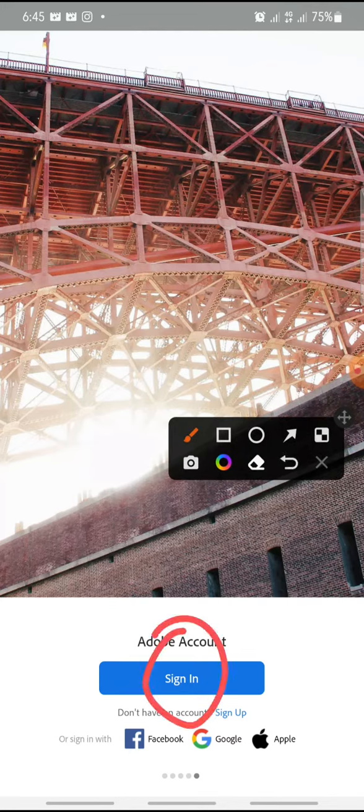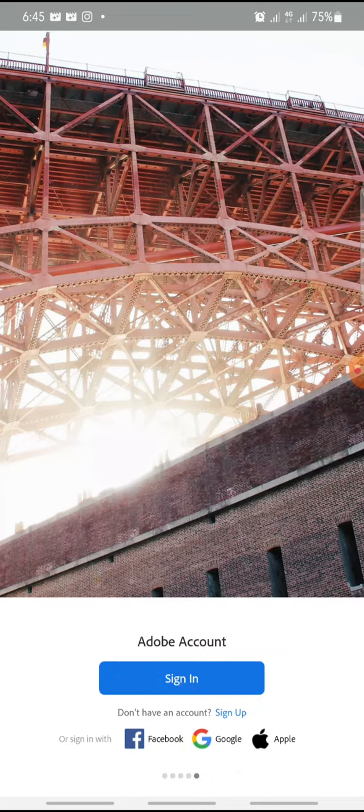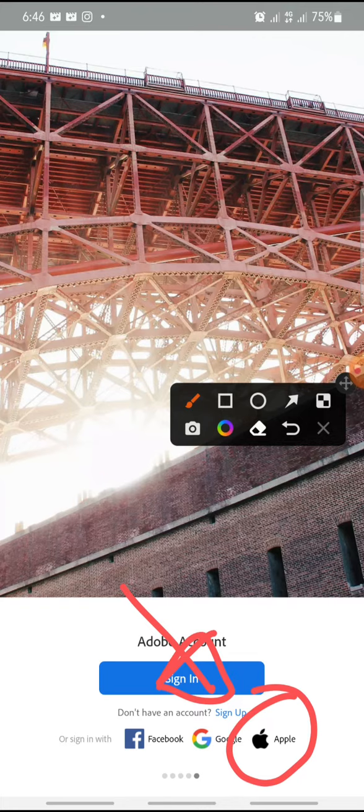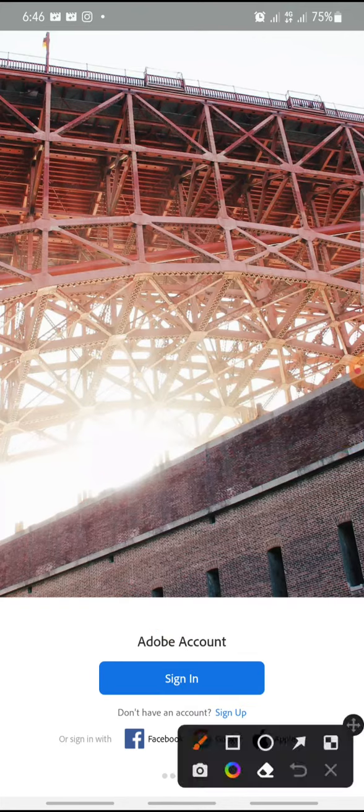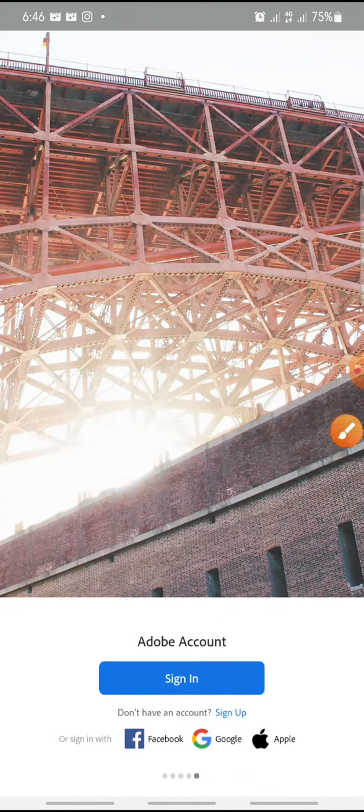But if you wanna sign in with Facebook, you can sign in with Facebook, or if you have a Google account, you can sign in with Google account. And then if you have an Apple account, you can sign in with Apple account. But in here I wanna sign in with Google account, so just click on the Google,